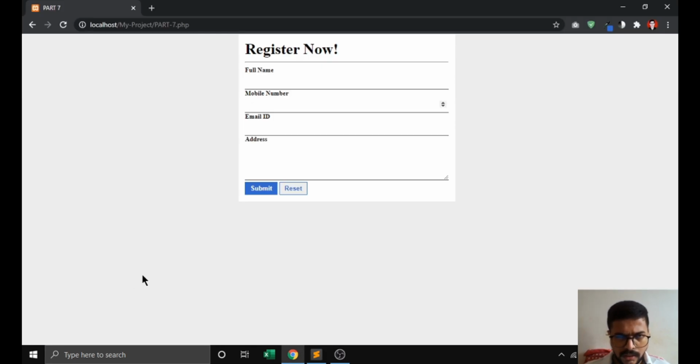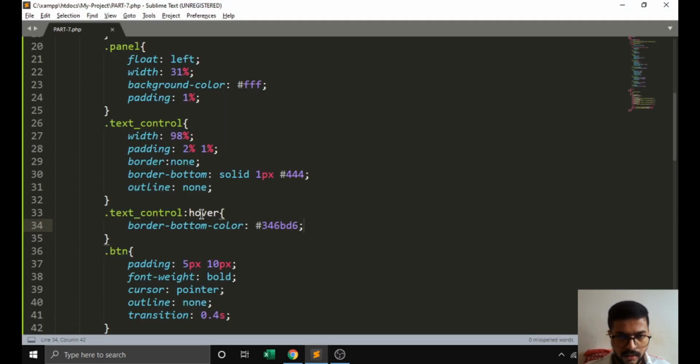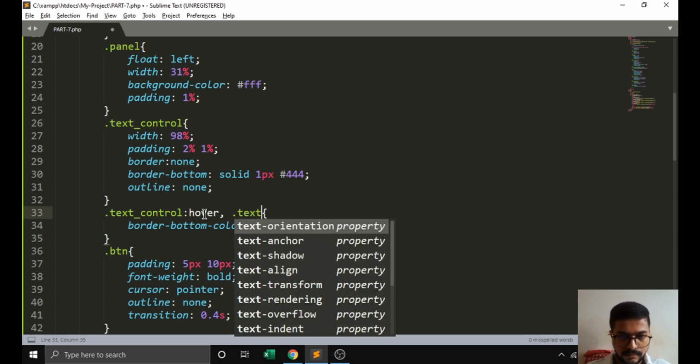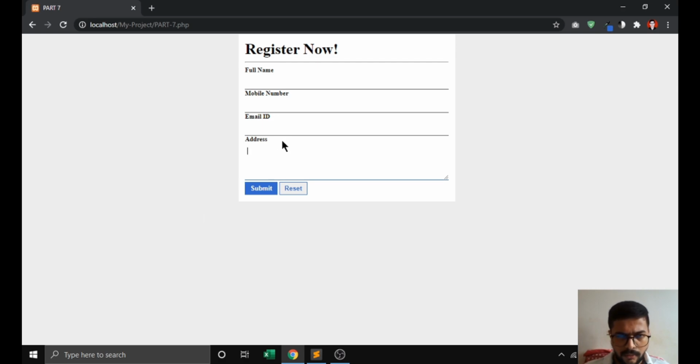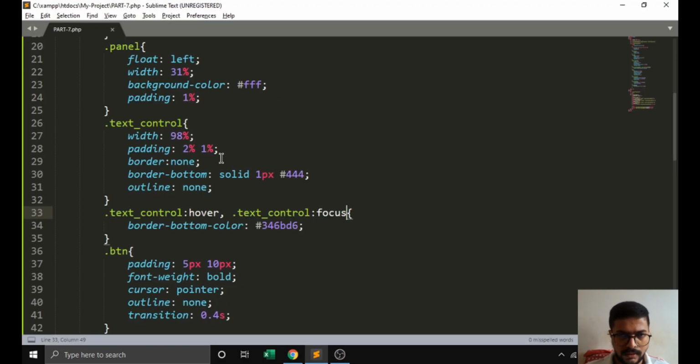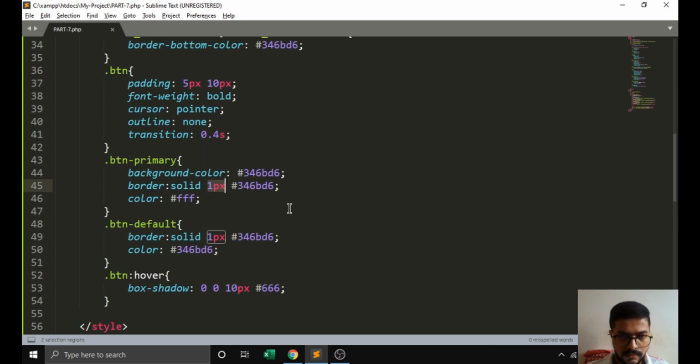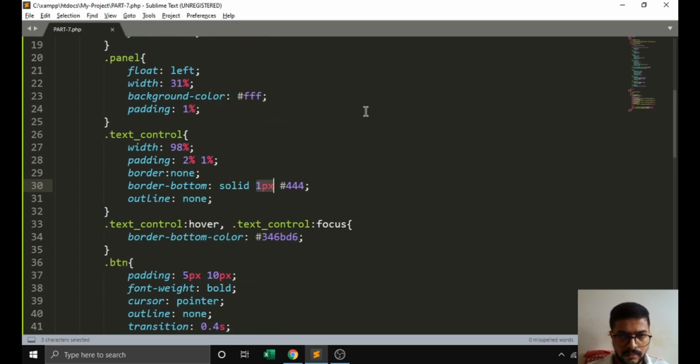If I focus on a particular box, we have to keep that color, so we are adding one property, text control, and we are passing the focus event also, so that our color will stay on that particular thing. We are creating a 2 pixel border, and we need here the h5 tag.